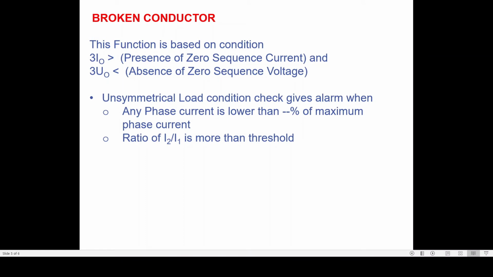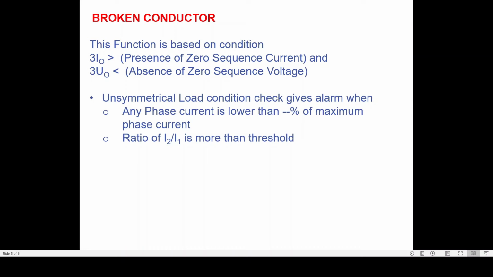The operating principle is exactly the same as that of fuse failure. Now in this case, suppose there is a transmission line running between two substations A and B, and out of the three conductors, suppose one conductor breaks but it doesn't touch the ground. So now it is a case of broken conductor, a conductor which is broken from somewhere but not touching the ground. So it is not creating any single line to ground fault, and your fault current will not be present inside the relay.